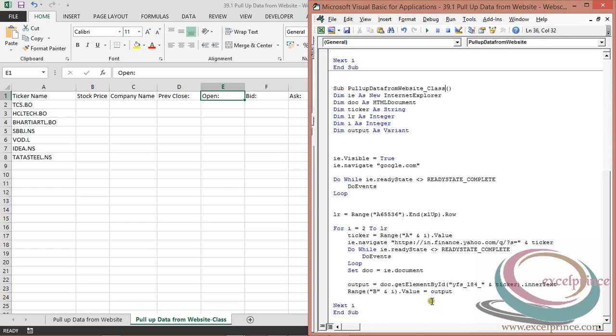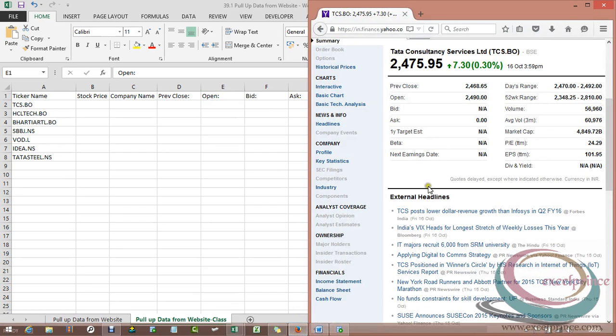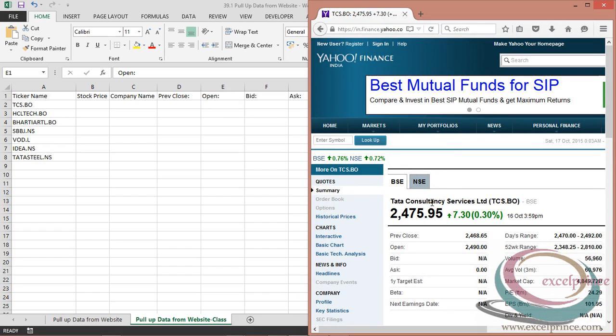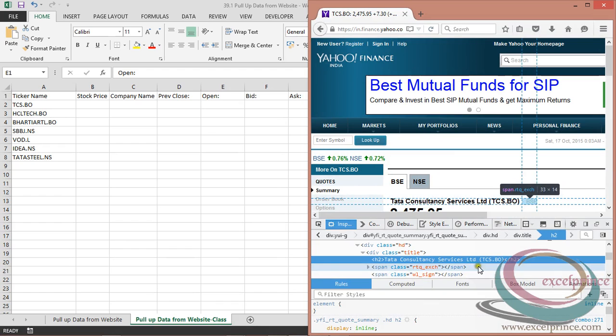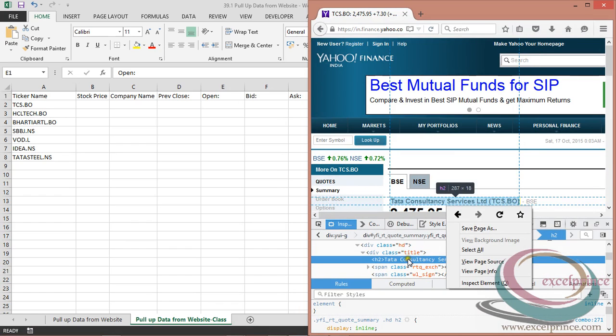Everything will remain the same till over here, and I need to extract this particular text, which is my title, which is my class title, Tata Consultancy Services, lying under the class title.